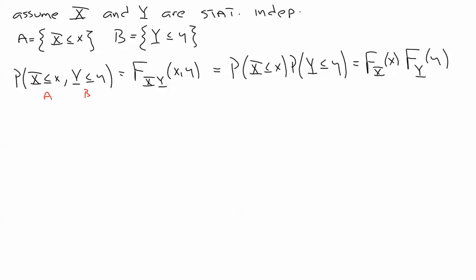All right? So if x and y are statistically independent, my joint cumulative distribution function can be written as a product of marginal cumulative distribution functions. It's kind of an important result. All right? Moreover,